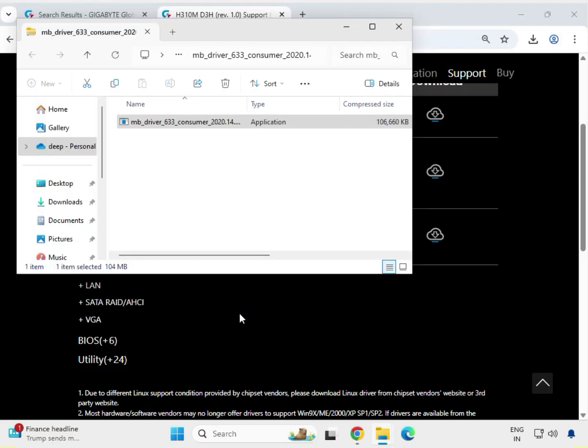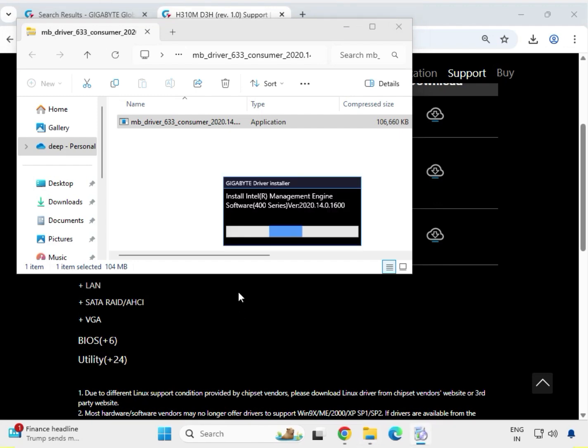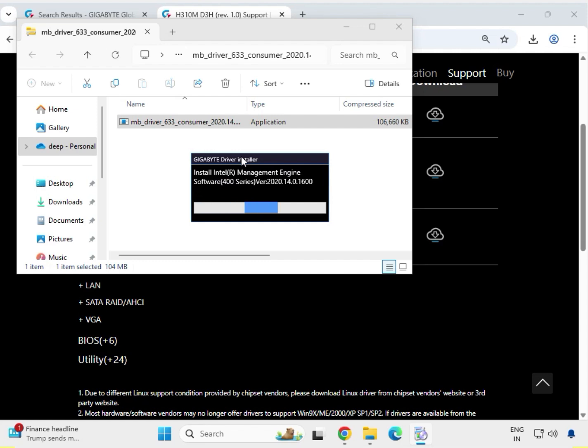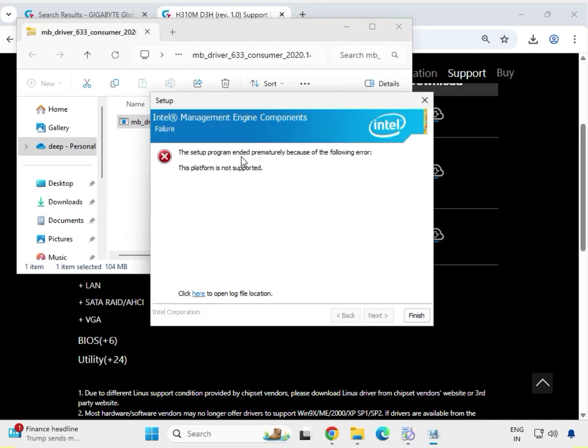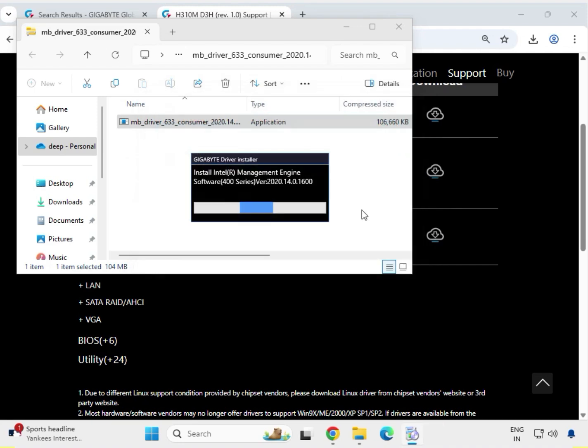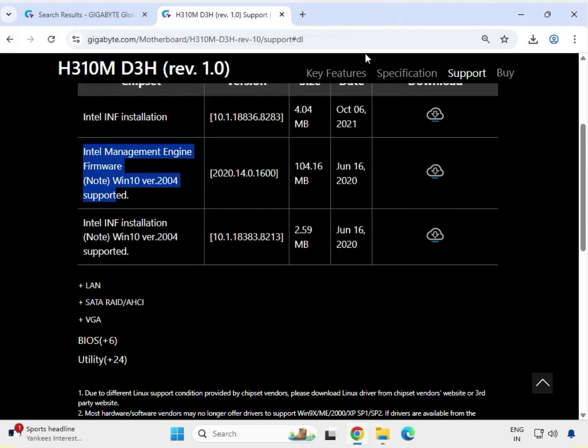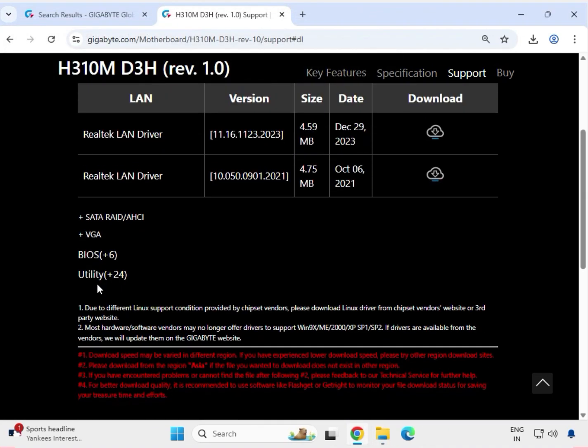Then click yes. You can see this is installing. And then finish it and then close. Then the LAN driver, Realtek LAN driver,